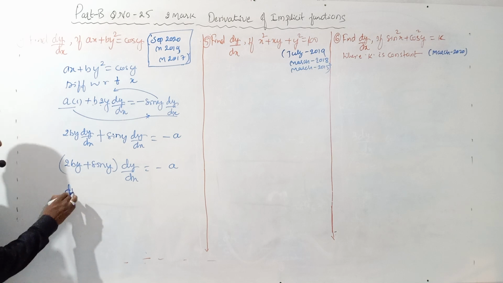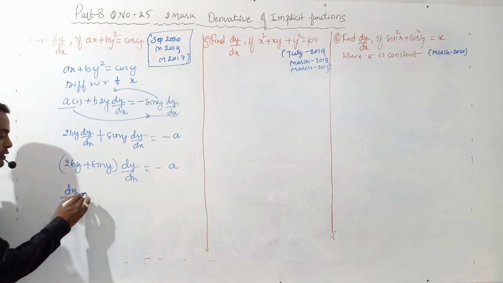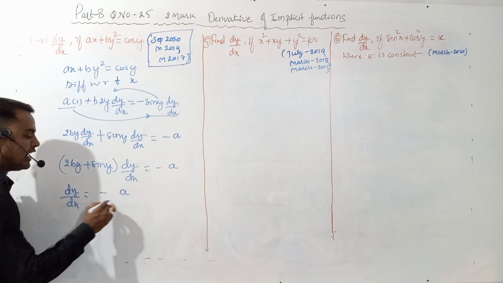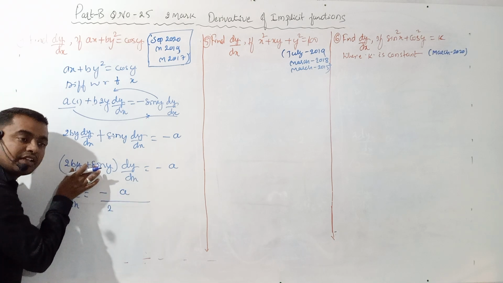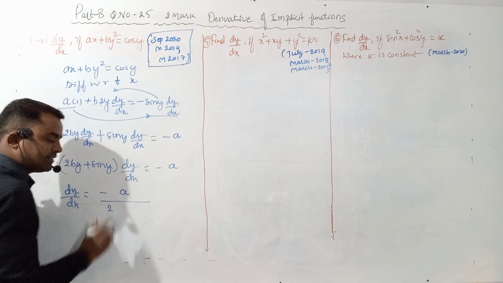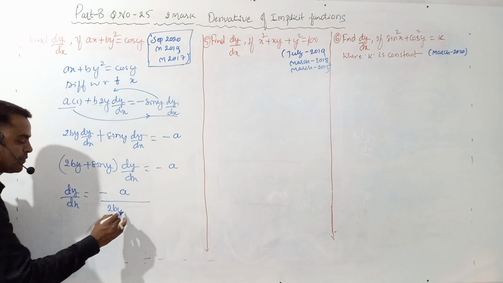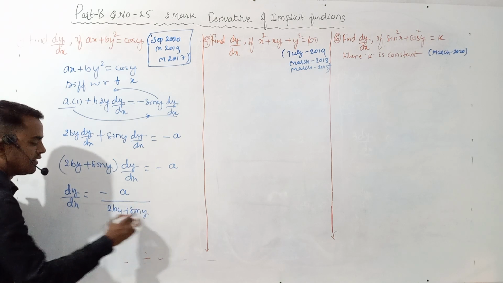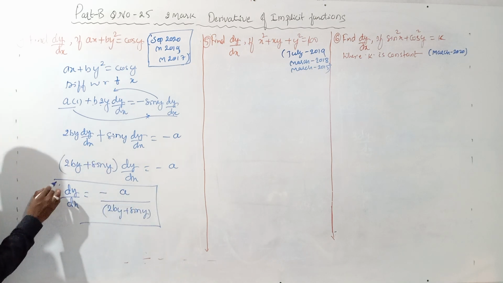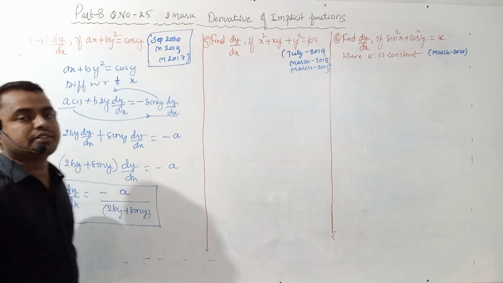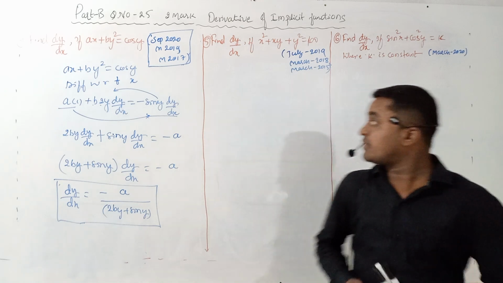That is dy by dx is equal to minus a divided by this will come. It is in the multiplication on the left hand side. If you transpose this to the right side, it will be divide. That is 2y plus sin y. So this is the final answer. Yes, final answer. Next